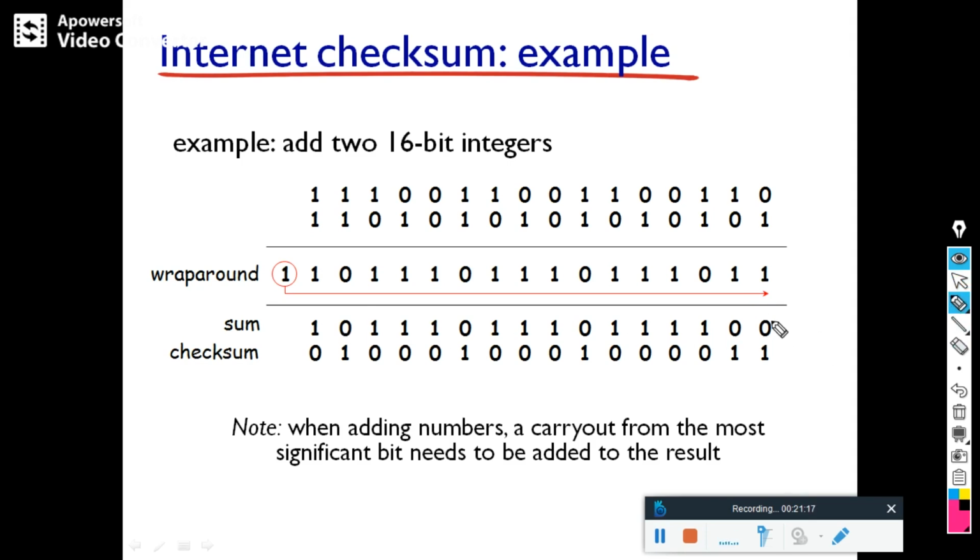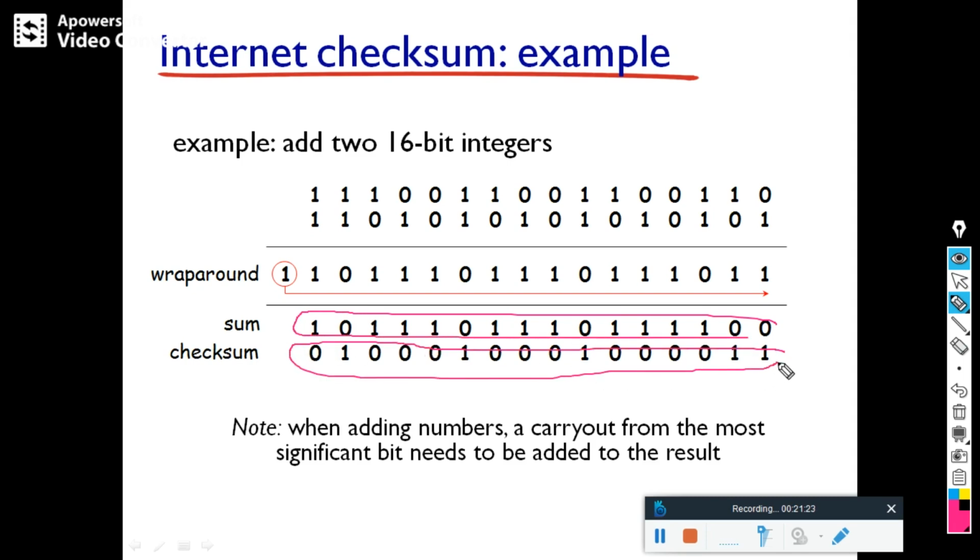This sum, what you do now, you take the ones complement. This is the ones complement, and you add this checksum in that field and send it. On the receiver side, the reverse process will be done. Once again, the same process will be repeated, and the checksum should match. Otherwise, it indicates there is an error.